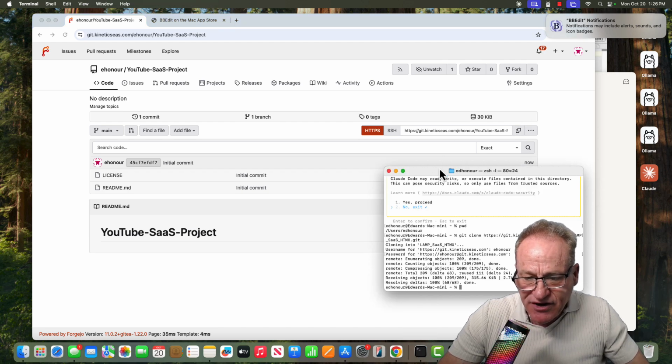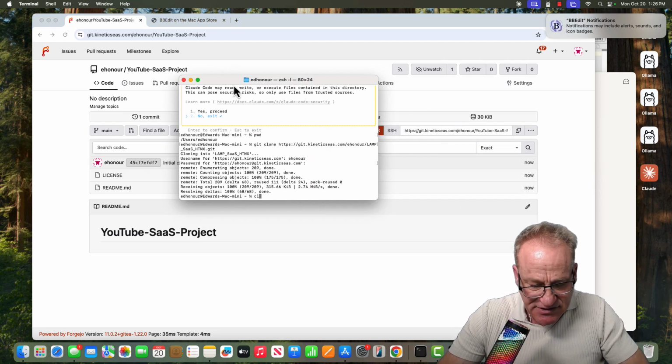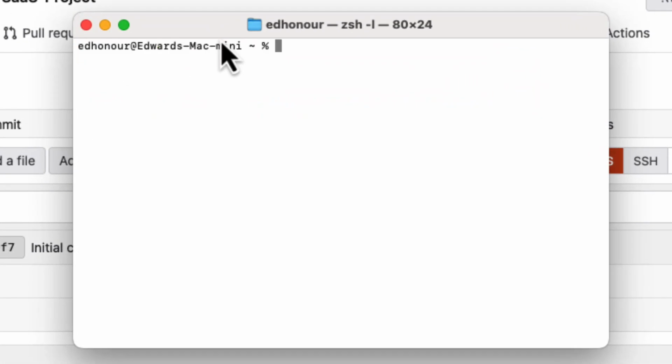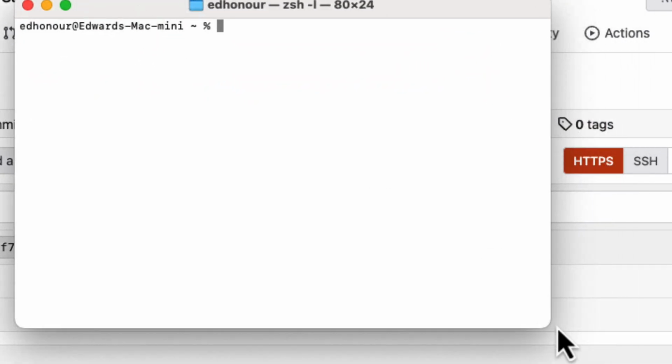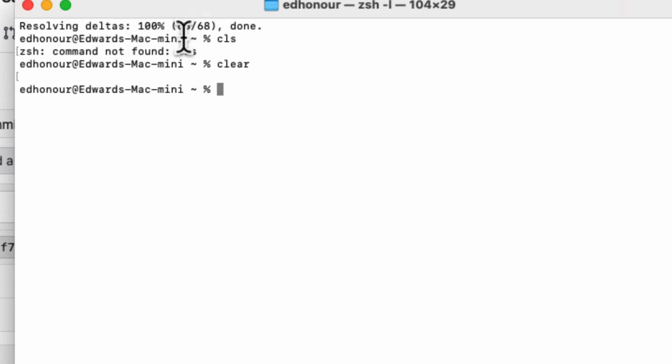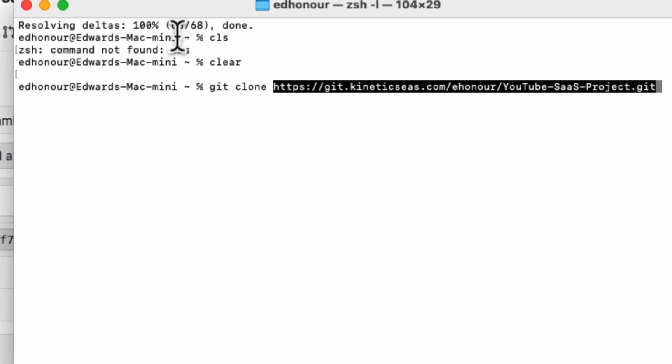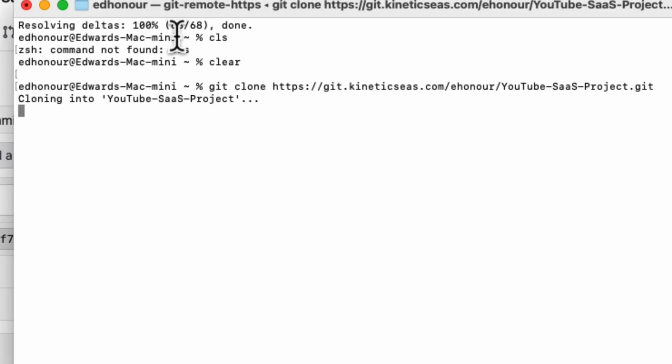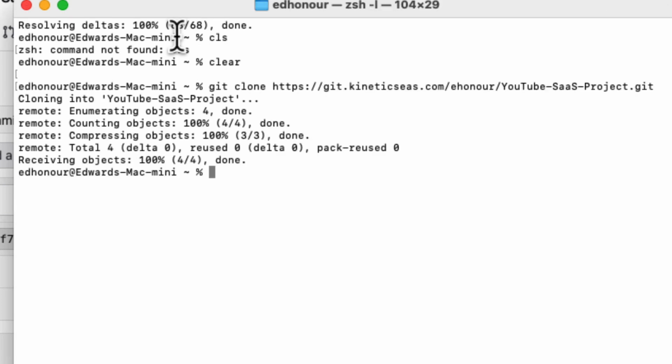Then I'm going to come over here to my terminal. So let me clear. Okay, so I have a blank terminal. I'm in my root, and now I'm going to do a git clone. And I'm going to create my new directory called YouTube SaaS Project. And the reason for this is one of the key things I do in all of my coding with Claude